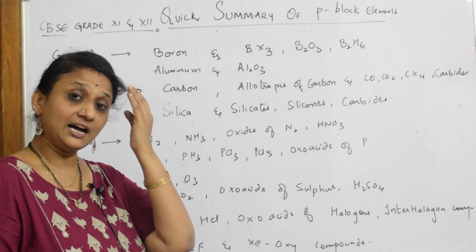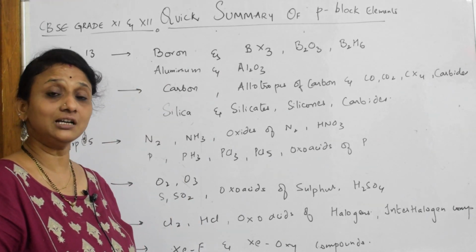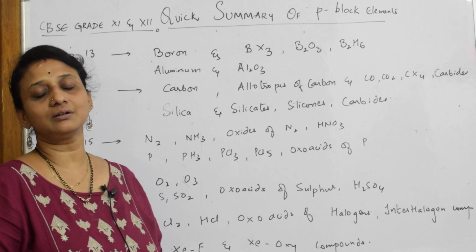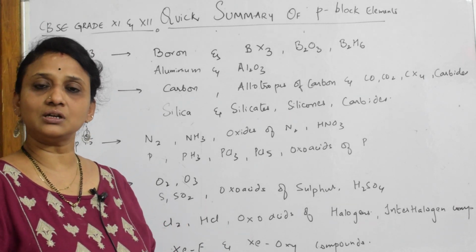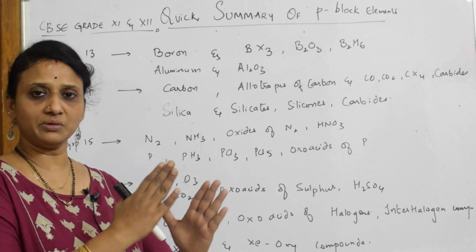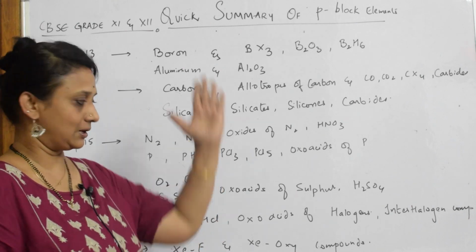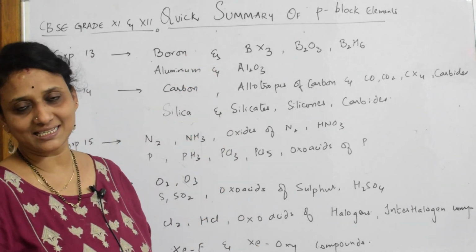Diborane structure is very important in group 13, a compulsory question in group 13. Along with that, when I study aluminium, we'll also be learning about aluminium oxide, Al2O3, and its properties. As I told you, I have done the videos earlier, but here it will be a different type of revision, where I'll be clubbing all the elements under a common thing, that is reaction with metals, all. Next, reaction with non-metals, as I told you.